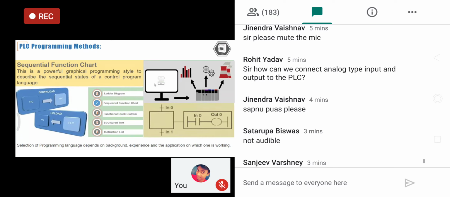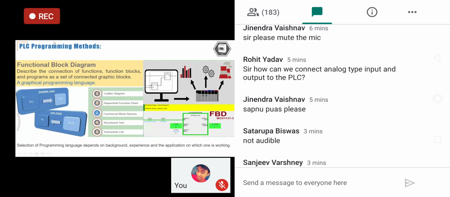And according to the IEC 61131 standard, it is mainly used for controlling problems which require sequential cycles. Coming to the functional block diagram, this is another form of programming PLCs, and it is considered a simple and graphical method to program multiple functions in PLCs.